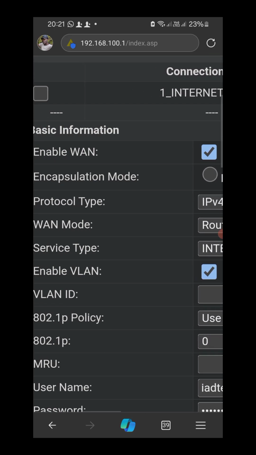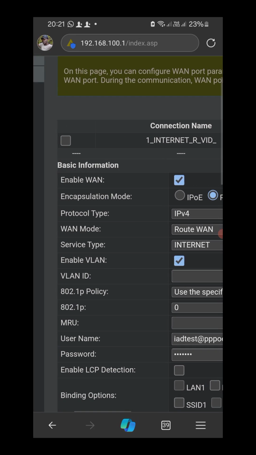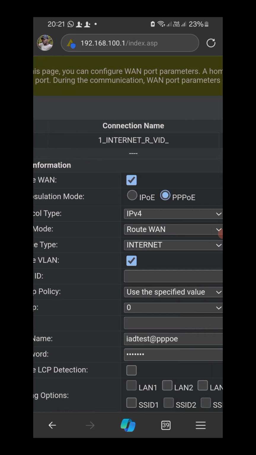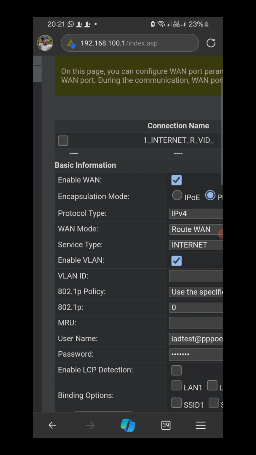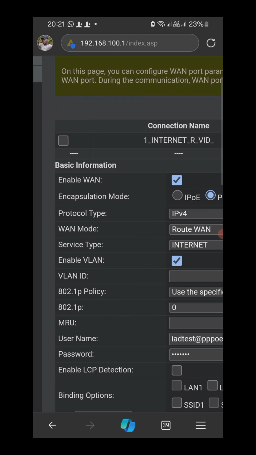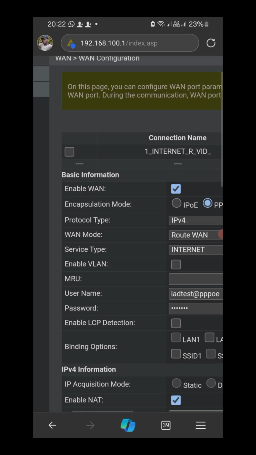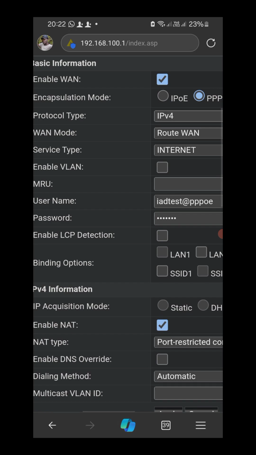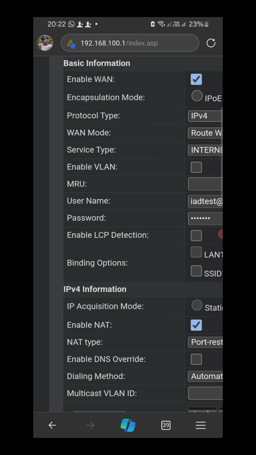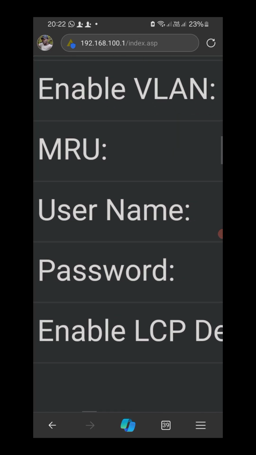So about the protocol type, leave it to IP version 4. WAN mode, leave it to route WAN. Service type goes to internet, leave it that way. Enable VLAN, nope, uncheck this box for enable VLAN. MRU, leave it that way. So here at the username